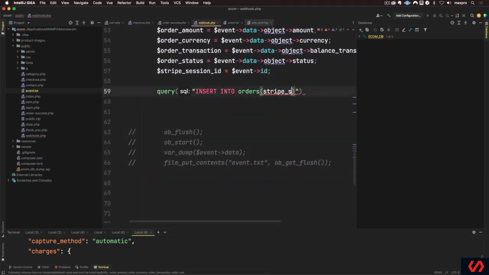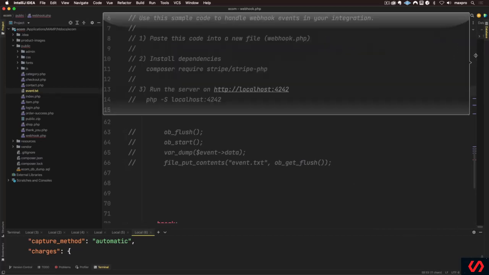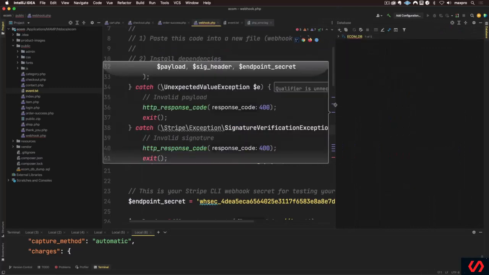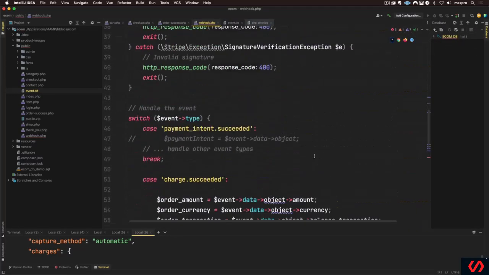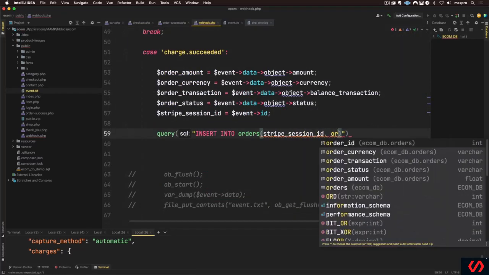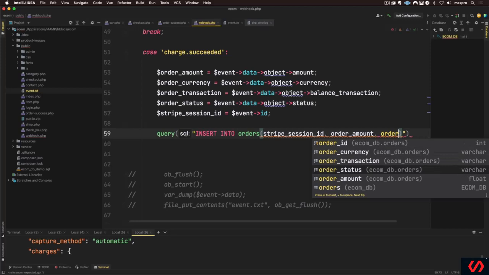Because when I'm writing, I like to have suggestions so I don't make mistakes. Usually my IDE will read the columns in my database when I connect it through the data source here, and it will actually give me the column names so I don't make mistakes. There are so many columns that we're gonna make mistakes. So we want the session ID, we want the order... You see, it's working now. Order amount, order status,